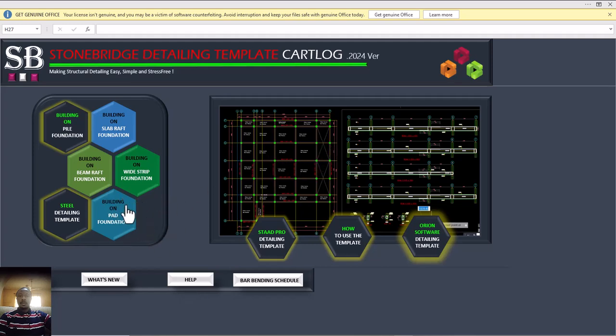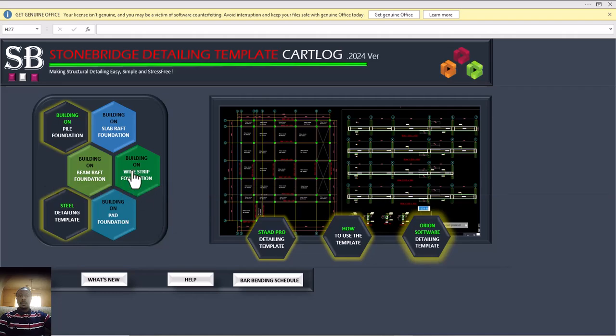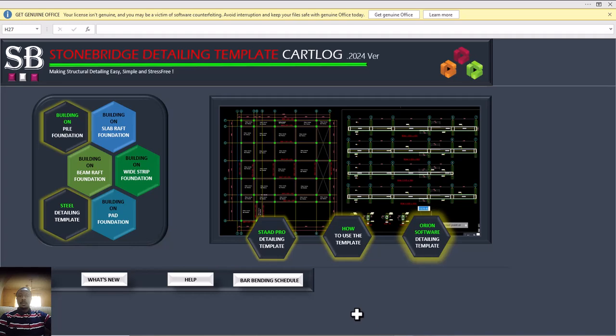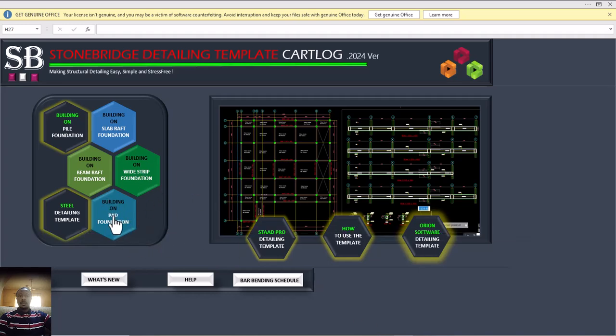So how do you know which one to choose? Based on this template, you only choose based on the foundation used for your structure. If you look at this structure, we used pad. It then means that in this place, I'm going to make use of pad. And in this software, once you click on pad,